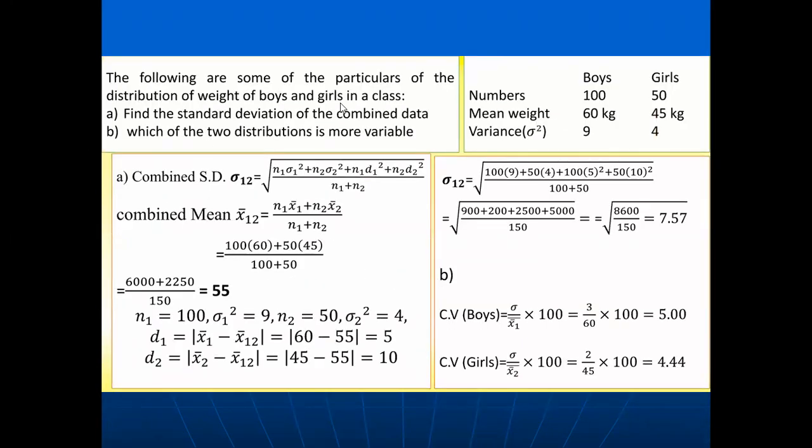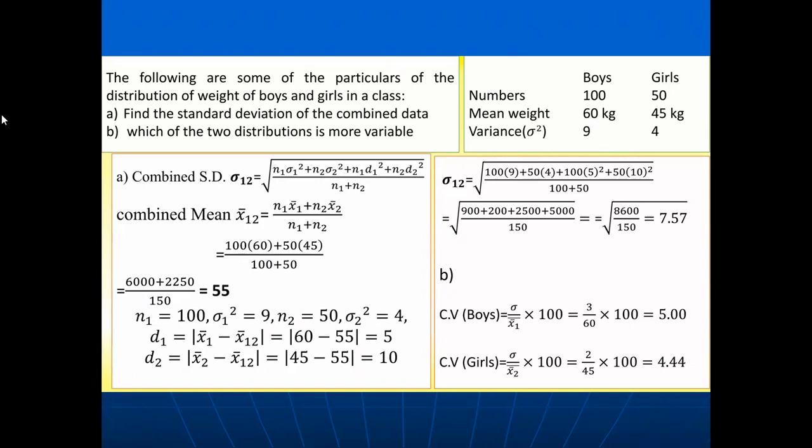Now here are some particulars of the distribution of weight of boys and girls in a class. Find the standard deviation of the combined data. Which of the two distributions is more variable? Here we have data of boys and girls. Numbers are given as 150, and the mean weights are given as 60 and 45. Variance is given. The difference between variance and standard deviation is that standard deviation is the square root of variance. If I want to convert this variance to standard deviation, I have to take the square root of 9 and the square root of 4. So in order to calculate this, first of all, we have to calculate the combined arithmetic